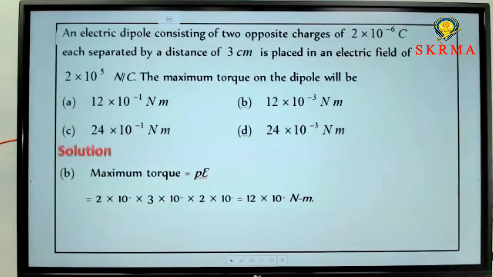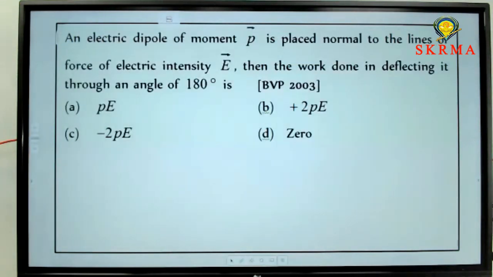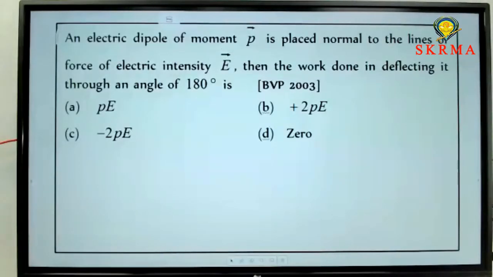Is this clear? Can I go through the next one? No. Try to solve this one. This model is important. This is also one important model in this one. So what is your answer? Second option, B. Some of you are selecting the second option as the correct one. Next, any other?